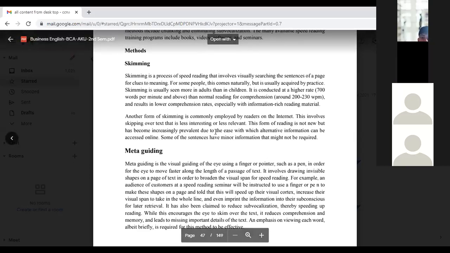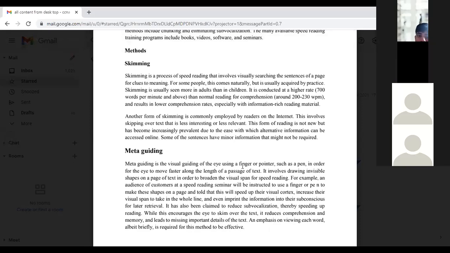So once again, what is meta guiding? Can you paraphrase this sentence? Meta guiding is a tool used for speed reading. It helps. It is the eye and hand coordination. जो किताब में जो टेक्स्ट है उसको पैराफ्रेज करके लिखेंगे आप. Do not mug it up. इसको समझने के लिए समझिए इसको. Do not mug things up. रखिएगा मत आप. Understand things, and then start writing.